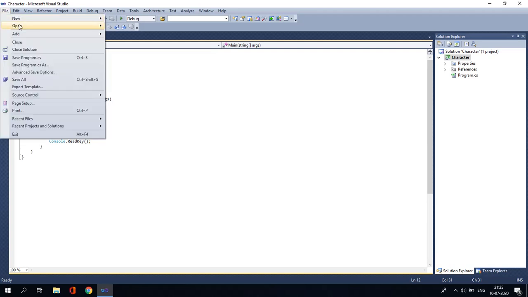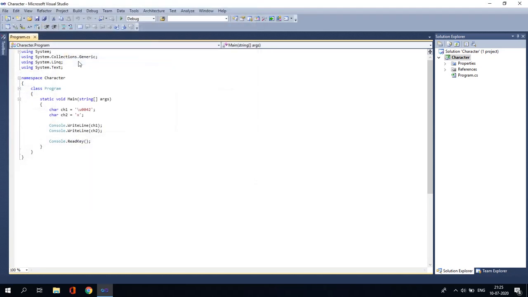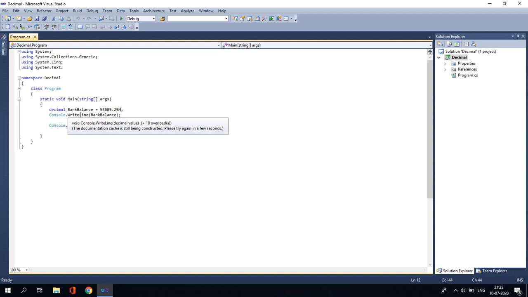Then we'll see the last type, that is decimal. Decimal type has more precision and a smaller range as compared to floating point, like double and float. So it is appropriate for monetary calculations. If you have big calculations, you will be using the decimal data type. Size of decimal is 128 bits. Default value is 0.0M. Now this M indicates the data type decimal. Again, you can write it after the end of the value, small m or capital M.